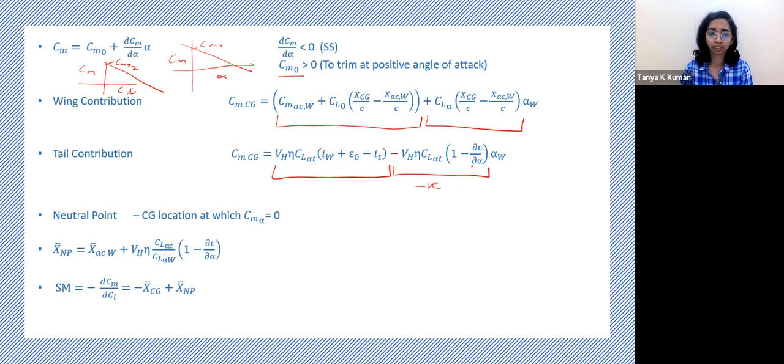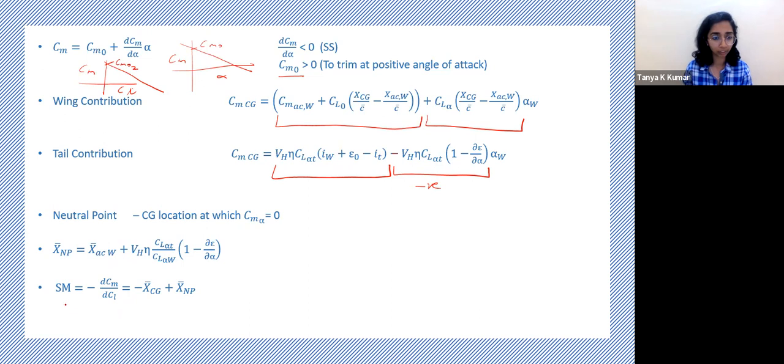Then we saw what a neutral point is. It's analogous to the aerodynamic center of the wing. It is the CG location at which your Cm alpha is 0. It doesn't vary with change in angle of attack. Then we saw the definition of a neutral point. Here,